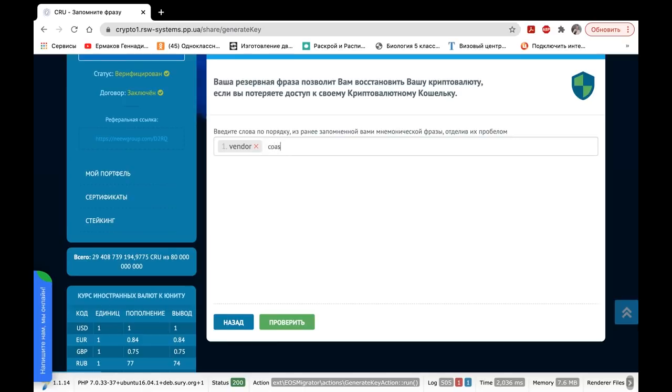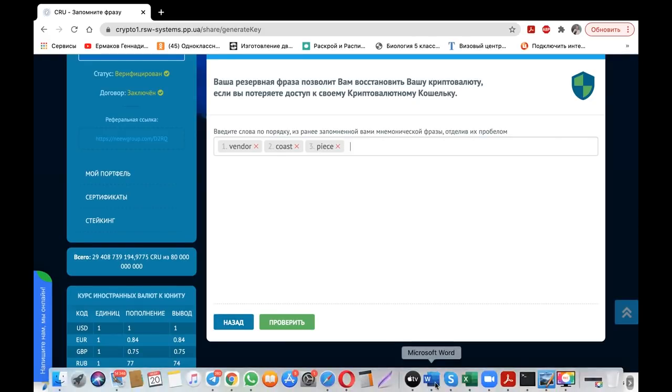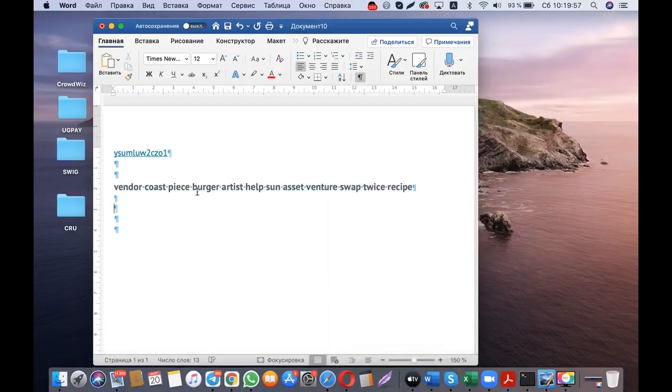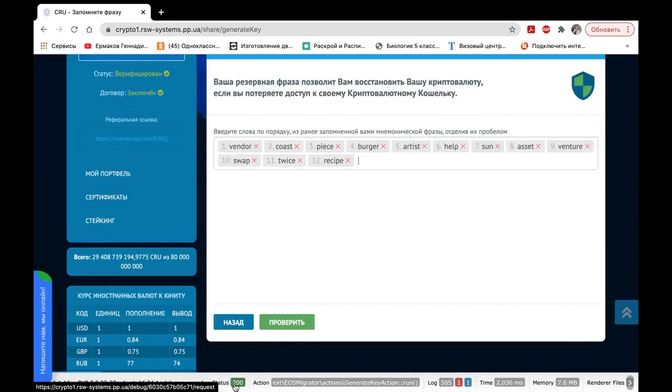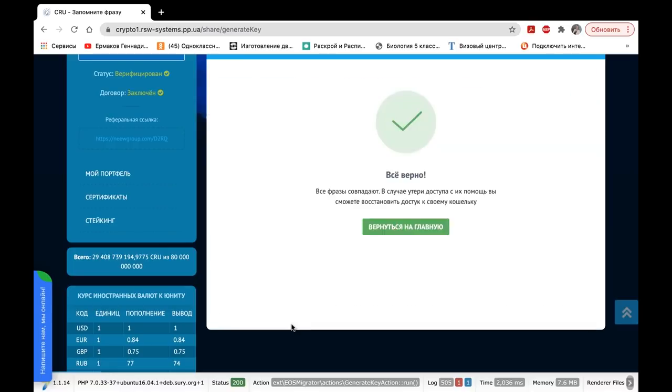The second word is coast. The space bar, the space bar. Or you can also use the document and copy-paste the rest of the words. You can copy-paste the phrase in full, but make sure you have the necessary space bars in between. Well, now you check if the phrase is entered correctly. Everything is fine. The first 3 words were entered manually, the remaining words were copy-pasted with spacebars, and they were